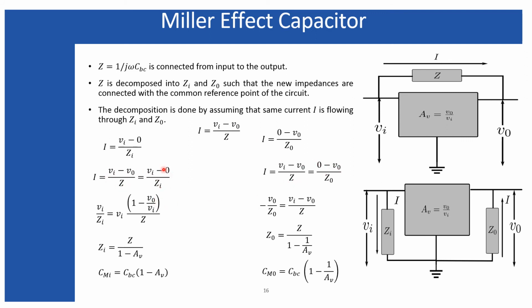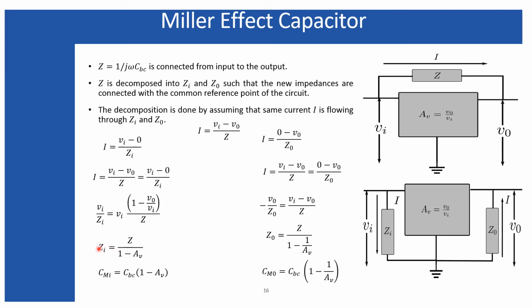For the first equation, if I take the Vi common from both sides, I can cancel them, and here I'm writing the ratio V0 to Vi as I'm taking Vi common from this expression. So this Vi is appearing at the denominator of this V0. So this V0 to Vi we can write as a voltage gain, because I have assumed the voltage gain of the device is AV, and that is related to the V0 to Vi. So we can write this as a voltage gain, and Vi gets cancelled from both sides. Now we can write Zi is equal to Z divided by 1 minus AV.